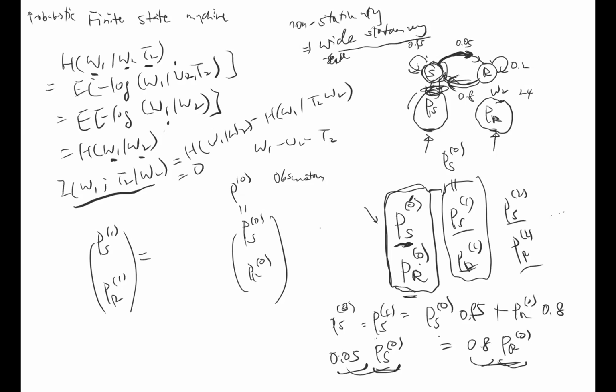Yes, you can also consider this side. I'm not sure where you get this equation, but if you consider this side here, it's supposed to give you the same solution. Yeah, you should get the same solution. So if I consider not the node here, I consider the node here, then the probability going into R is like